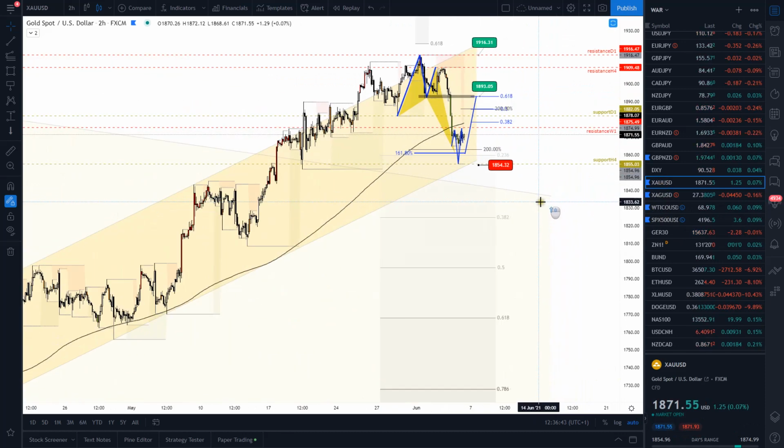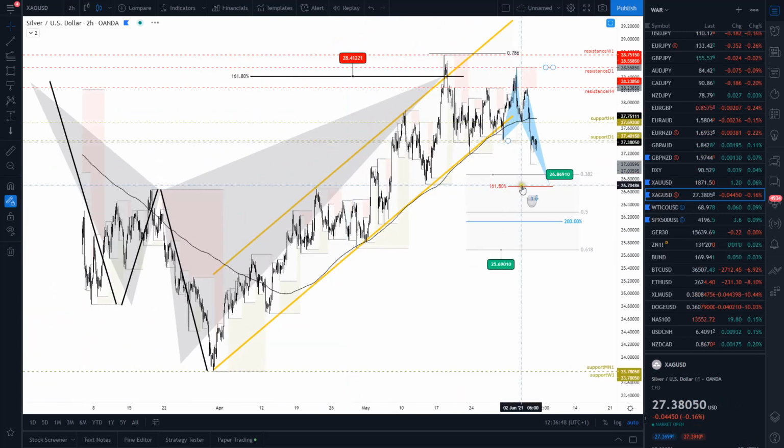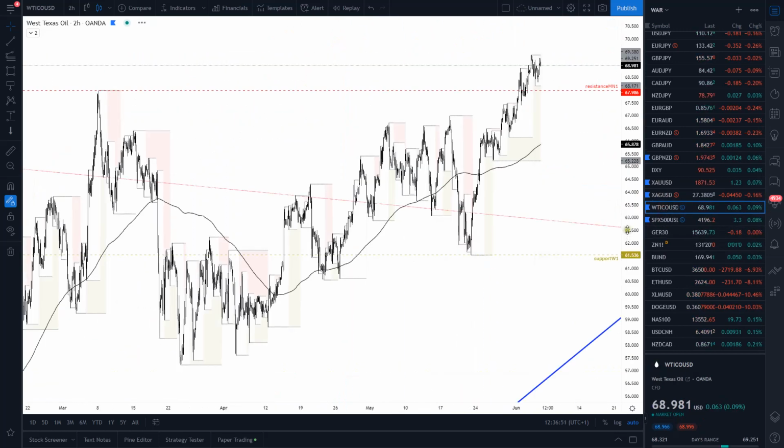Gold is already trading at the golden Fibonacci level. Attention with that difference between both. Now let's go into